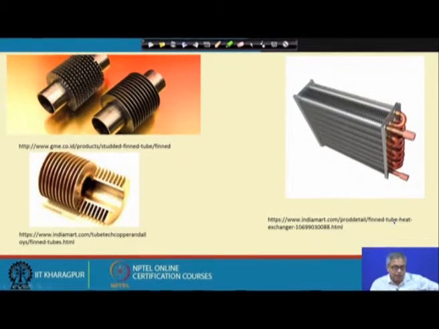Now, these are small pieces of tubes. In a heat exchanger, how it will be put, one can see. So, these kind of heat exchangers are very common in refrigeration, air conditioning and cooling application. So, one can see that a tube serpentine way it is starting from here and it is ending probably at the top. Fluid can enter from here and fluid can go out through this, while having a very long journey through the tube.